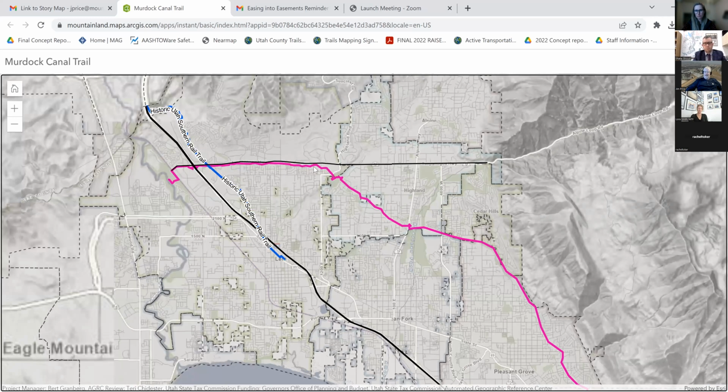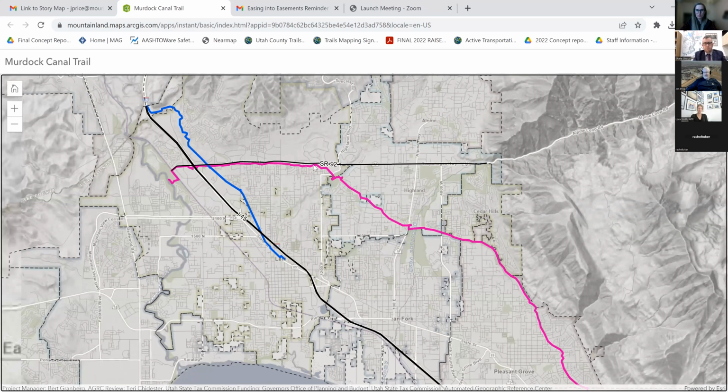The canal actually diverges from the trail, or the trail diverges from the canal and heads north up into Salt Lake County. So from this point back down to Orem, what is key here is that this was property that was owned by the Bureau of Reclamation. And the federal government isn't in the habit of giving or selling